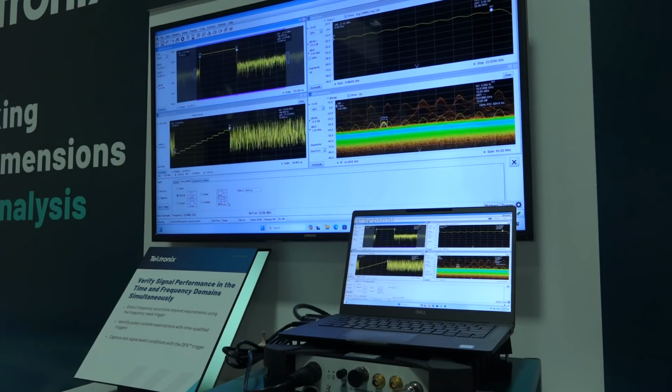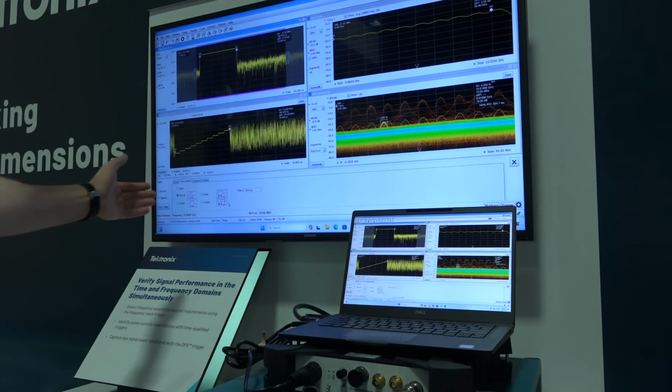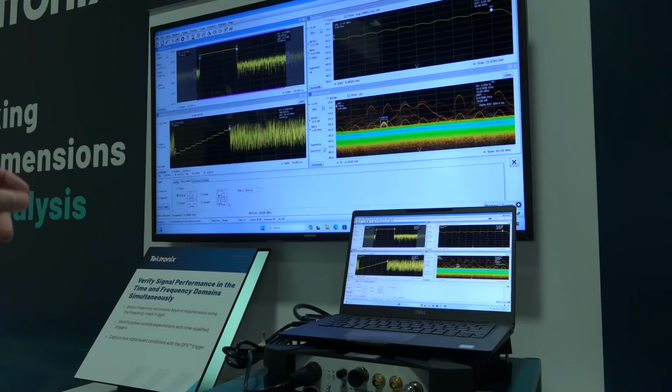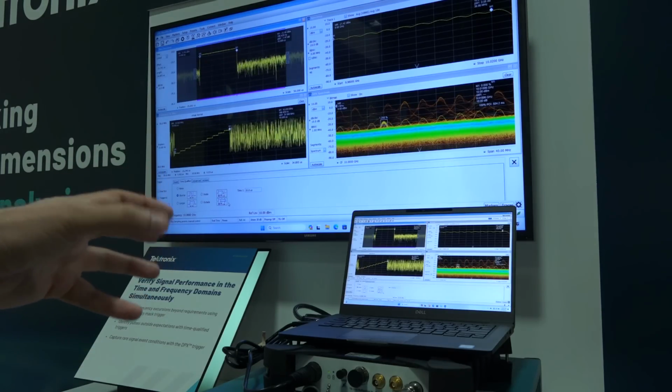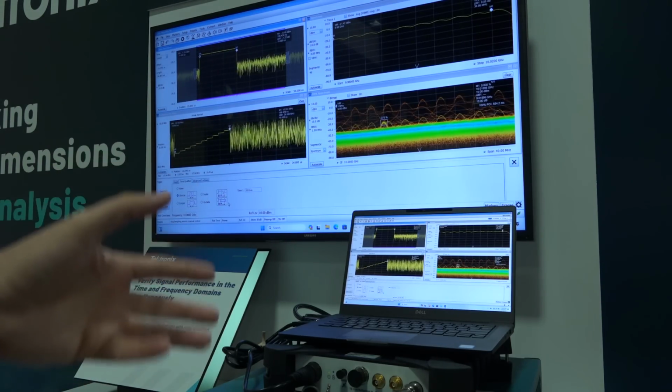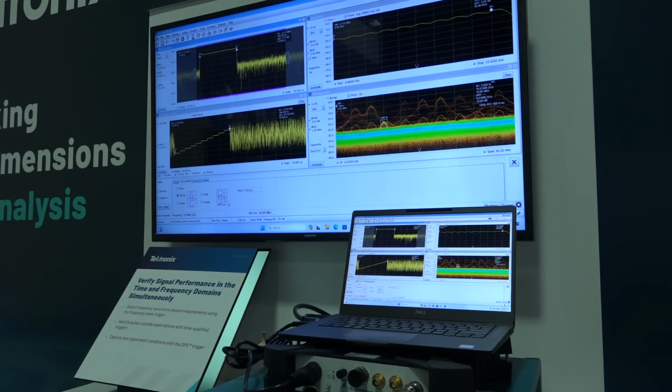For instance, something else that shows this ability to relate time and frequency events together: there's a time qualified trigger capability as well that allows you to define how short a pulse you want in order to catch it. But remember, these pulses are happening in the RF domain, right? It's not the same as an oscilloscope where you want to catch a pulse in the time domain. Here you have something that's modulated and being down converted, but you're again treating them all the same way,